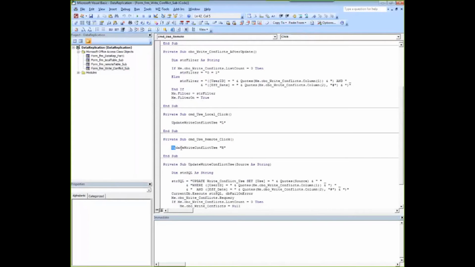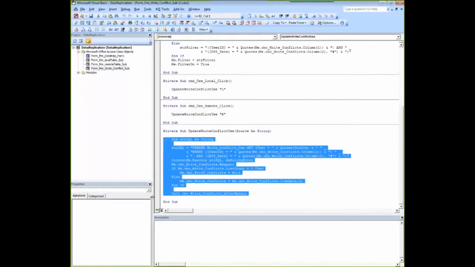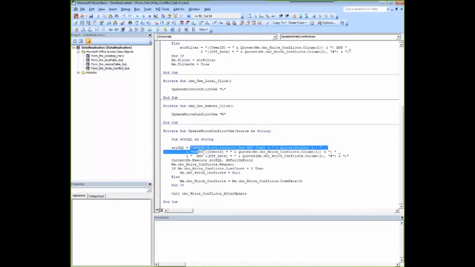There it is, right there, Giorgio. It basically calls this subroutine right here, which runs an update query using the value L or R that got passed to it. It then requeries the source of the combo box, checks to see whether or not there's anything in the combo box. If not, then it sets the value displayed there as a null. Otherwise, it picks the first record in the list, and then it reruns the after update event,